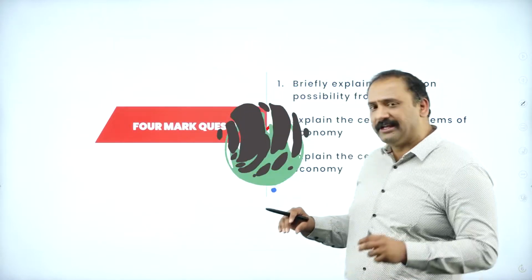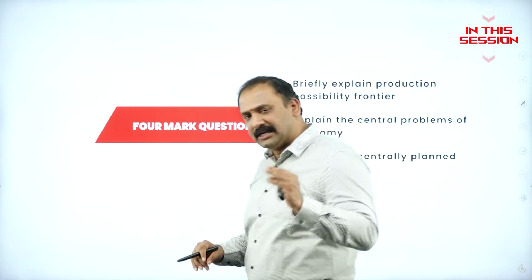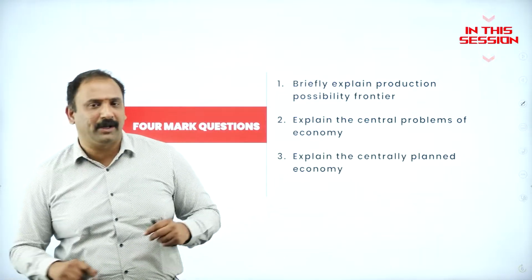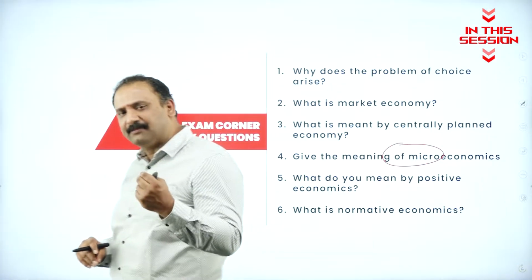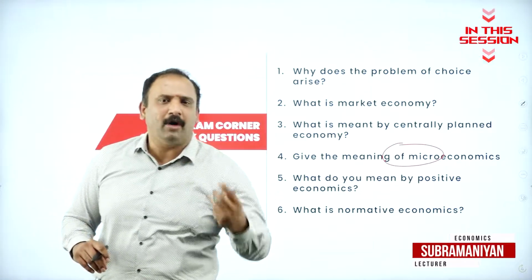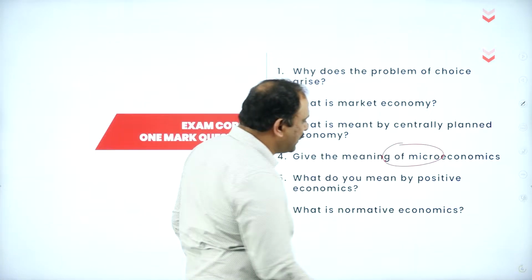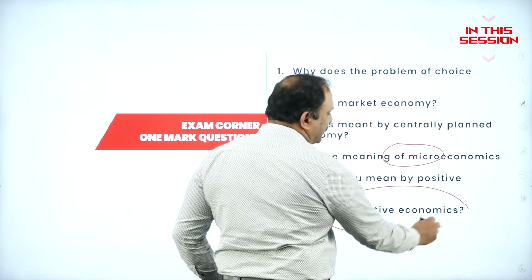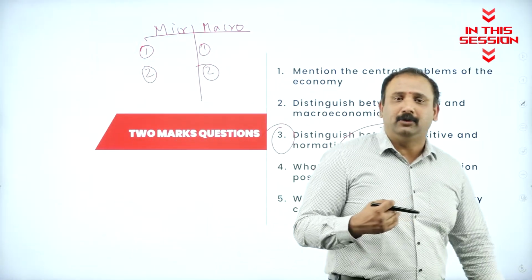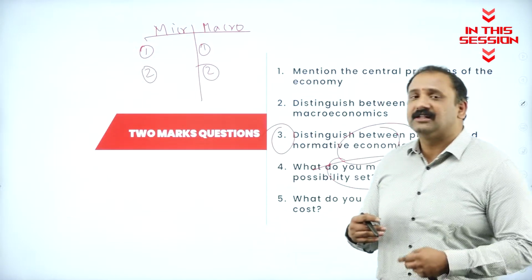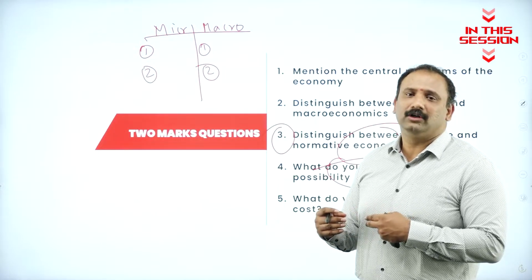You are concentrating only on the 1 markers, 2 markers and 4 markers. So it is very, very important for all of us. Why? Because that will give us the mileage in terms of understanding it. There are norms, rules and regulations that have to be followed. That's why we are going to use this word called normative options that are available to you, so that you are able to produce the maximum. That is what we call the production possibility set altogether.